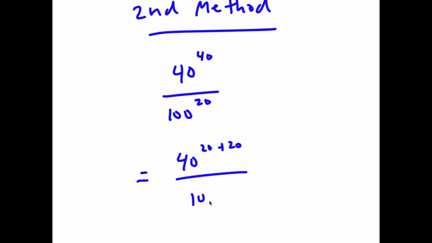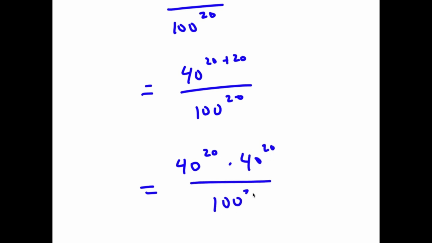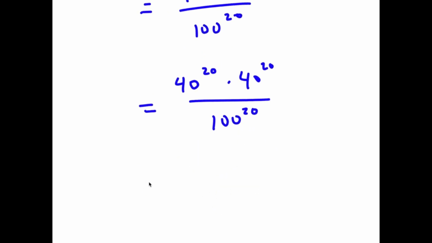Now I have this over 100 to the power of 20. And now this is the same thing as 40 to the power of 20 times 40 to the power of 20 over 100 to the power of 20, which is the same thing as 40 to the power of 20 times 40 to the power of 20 over 100 to the power of 20,